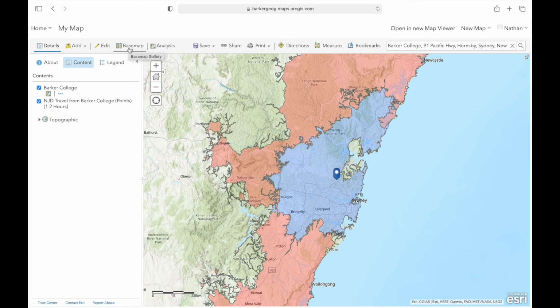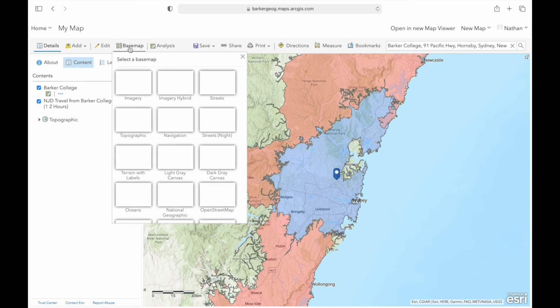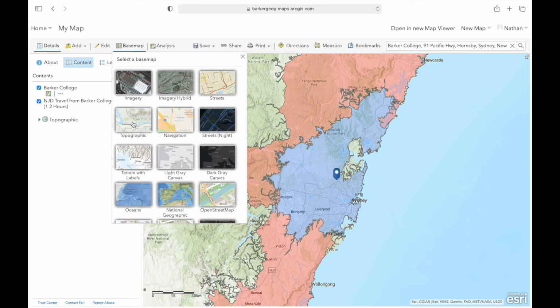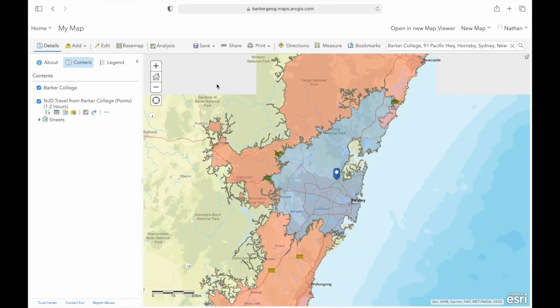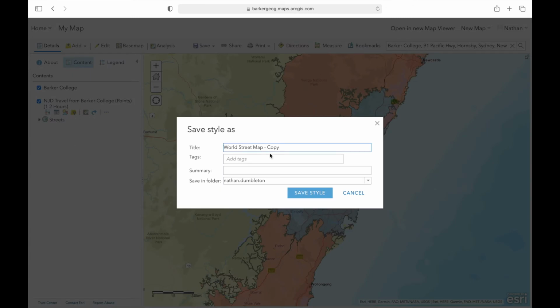So if I click on base map up here, at the moment what I've got selected is this topographical base map. So it doesn't give me a huge amount of road detail. So I'm going to choose this one, Street View. And this will put in all the streets. There we go, and because I've made these areas a bit more transparent, you can see the streets a bit more clearly. But I'm still not completely happy with that, so if I click on this little arrow to open this up, this is the world street map. I can actually change the style of that a little bit. So I'm going to click on that, and